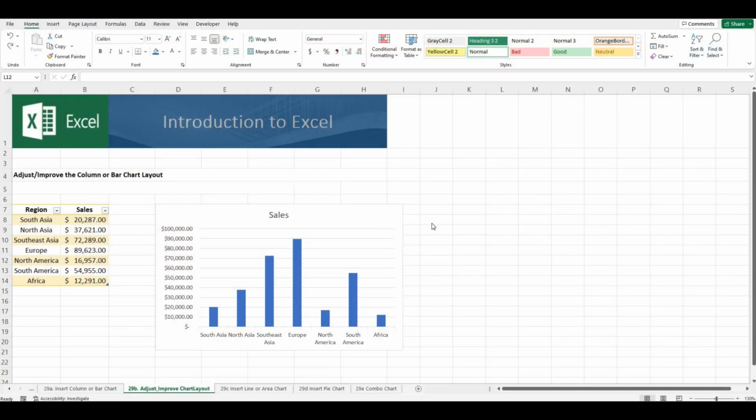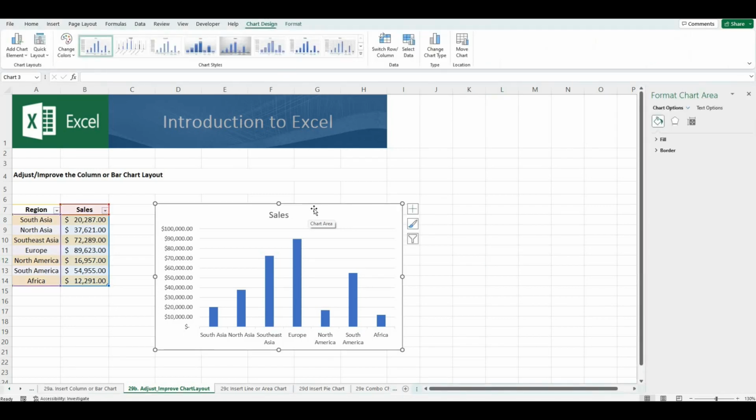After you have inserted the column or bar chart, you may adjust the layout to meet your specific needs or the look that you require. To do this, click on any part of the chart and go to this option over here, which is the chart elements. Click on it, and this will pull out all the available chart elements that you can adjust in